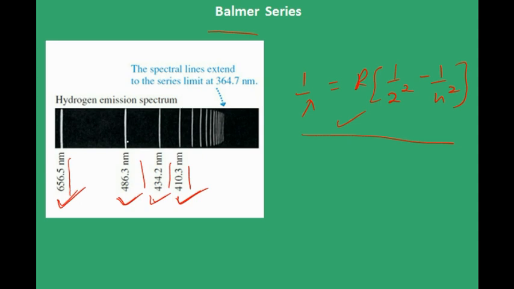But Balmer had a friend who is a maths geek. Once he came to Balmer and asked him to give something interesting to solve about maths. Then it seems, as I read in a book, Balmer gave him these numbers, 656.5 and all these numbers, and asked him to find a relation between them. And it seems that guy within a very short time came up with this relation. Of course, not exactly this relation, but something similar to this. Now let me tell you something about this relation.